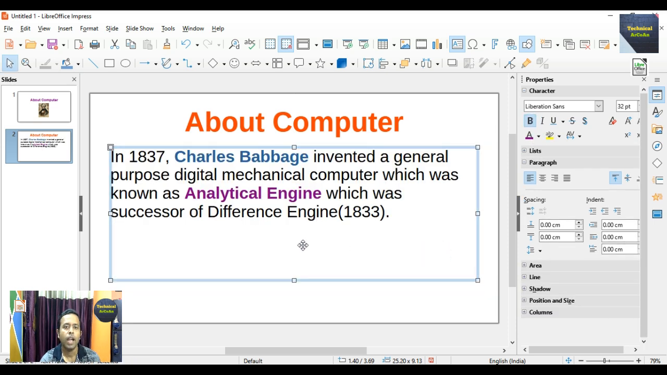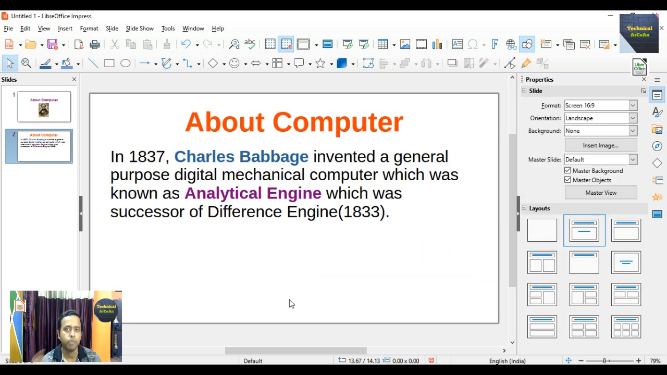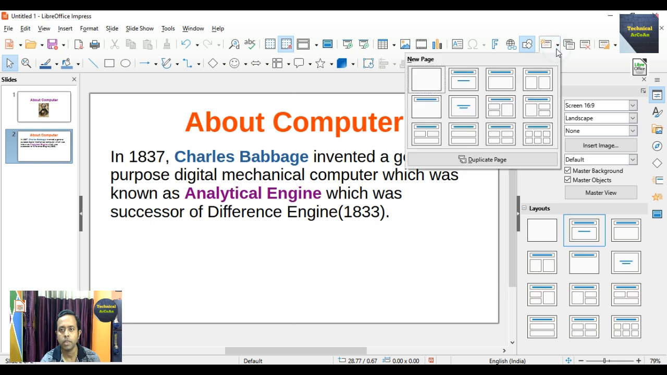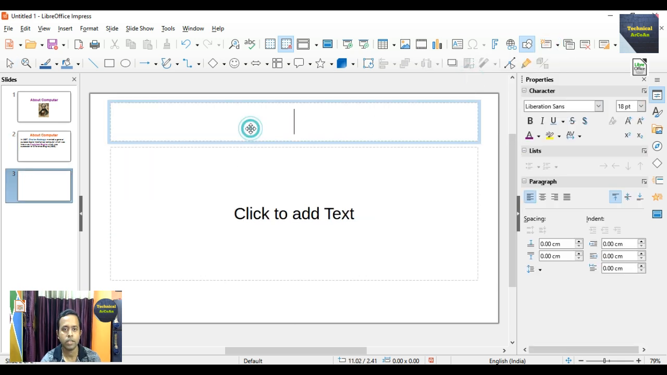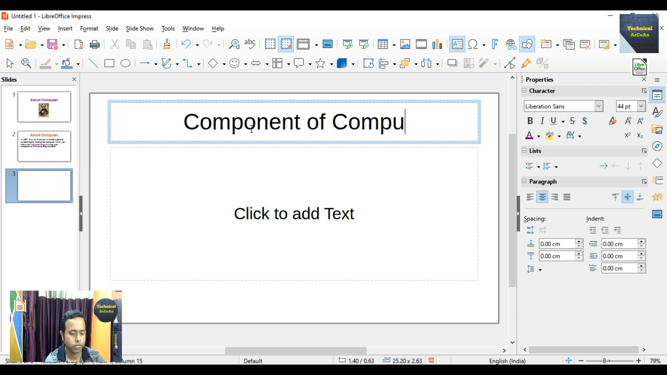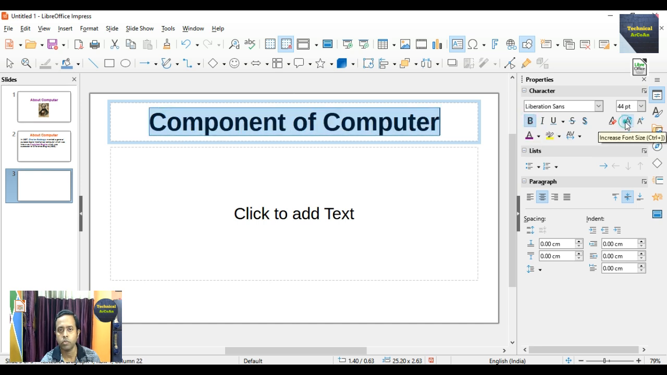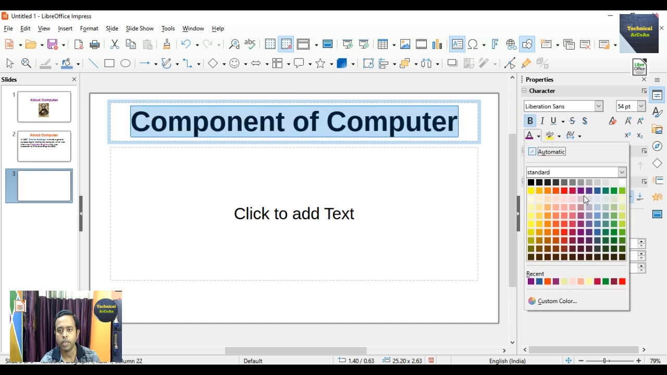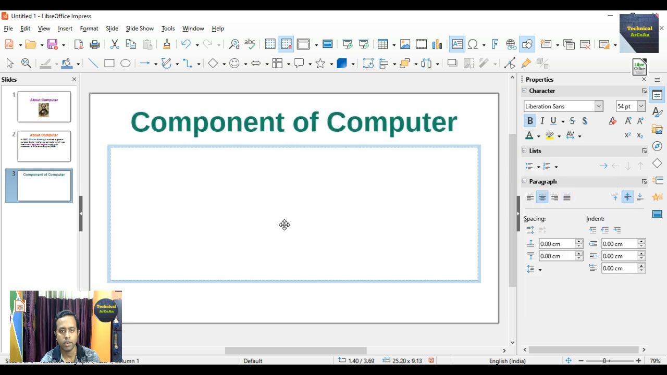right? And now for the third slide where we write some components of computer, choose from there, suppose choose this slide and just write here components of computer. And same way if you select this one, bold it, increase the size, put a different color, okay, and same way click the below section, choose left aligned, align top, and just write here there are 5 components, and there